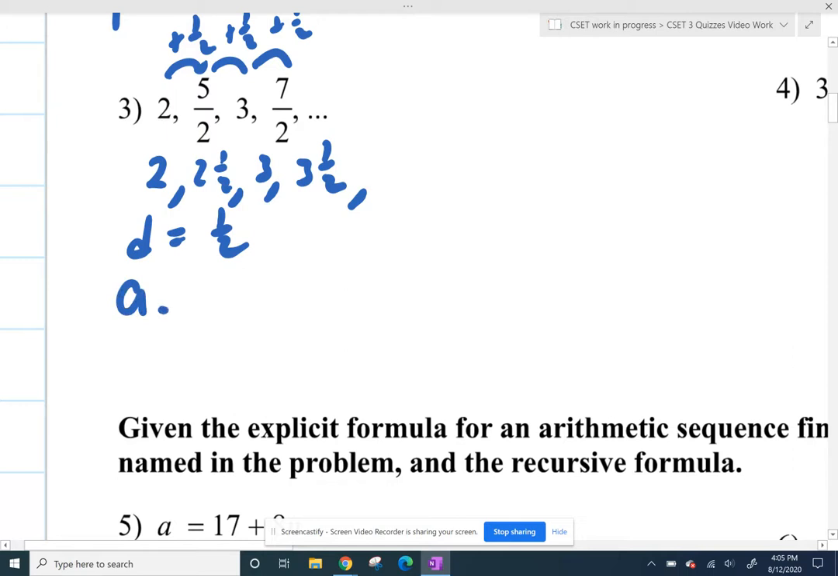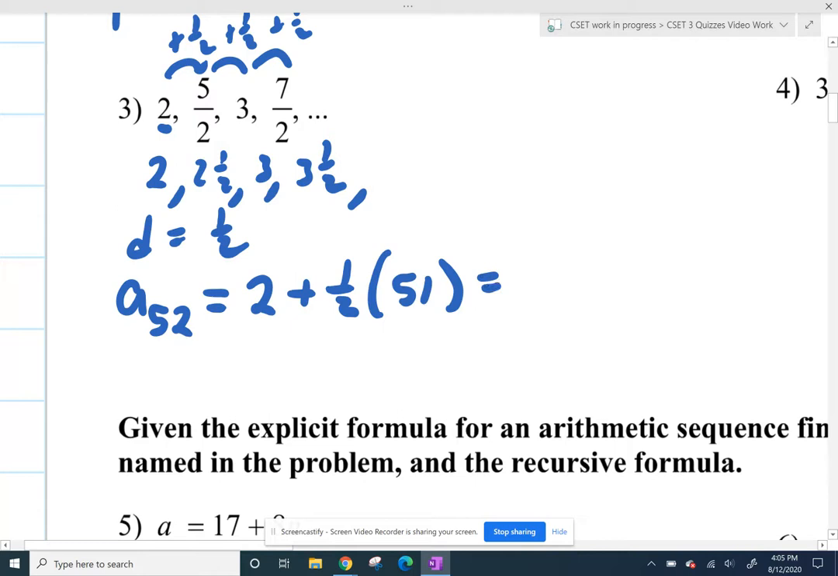If we want our 52nd term, we say a sub 52. That stands for our 52nd term. We're going to get that by starting off with the first term and adding our common difference 51 times. So n minus 1 times. And if you were to crunch that out, you'd get 2 plus 51 halves. So that's 4 halves plus 51 halves is 55 halves. There you go. If you want an explicit formula, you can get any term you want by starting off with